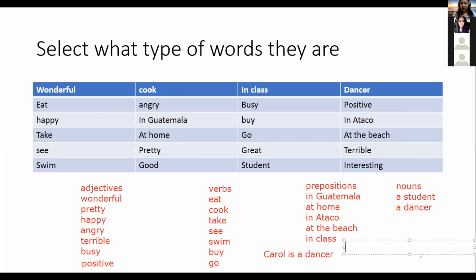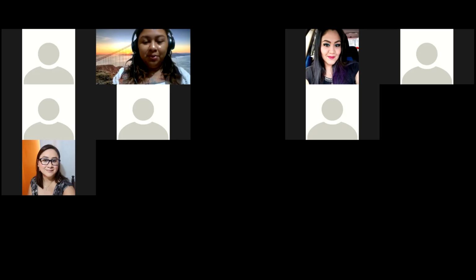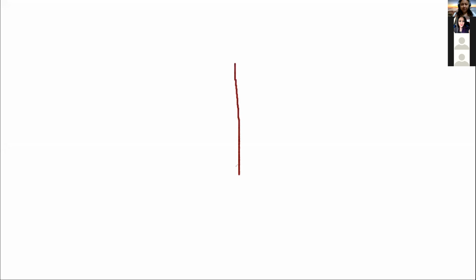Okay, very good. All right, so we have our categories. Don't forget about this because we're using this for the next activity. We're using adjectives, verbs, and prepositions. What are we doing before we work with this information? Take a look. Now, I'm going to separate my chart here, and on one side of the chart,